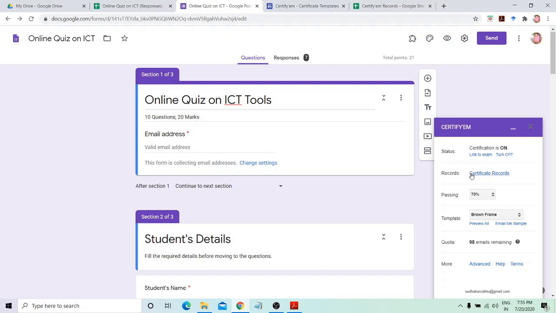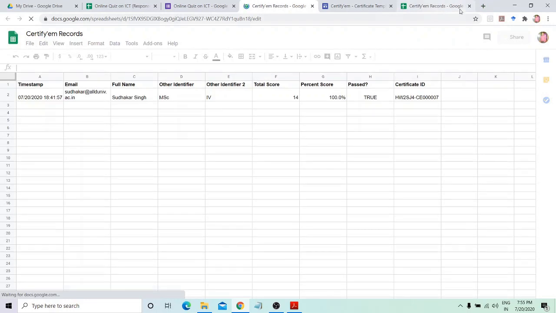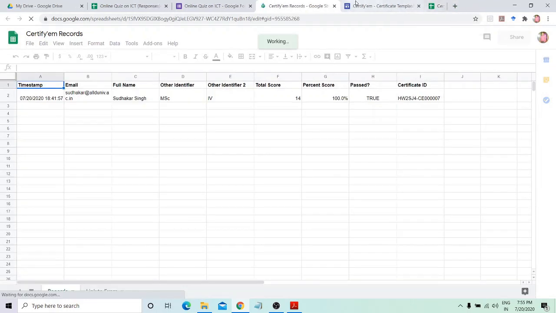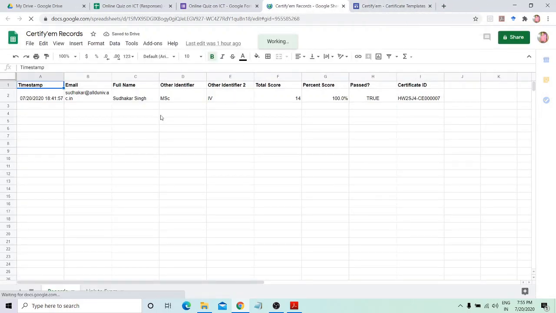You can also see certificate records. For example, click here. You will get the recent certificate records, the number of respondents who have attempted your quiz or feedback form.